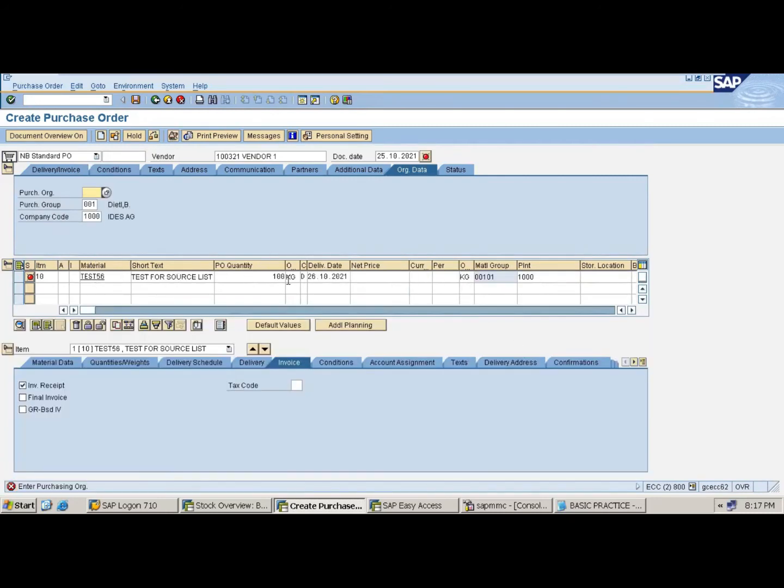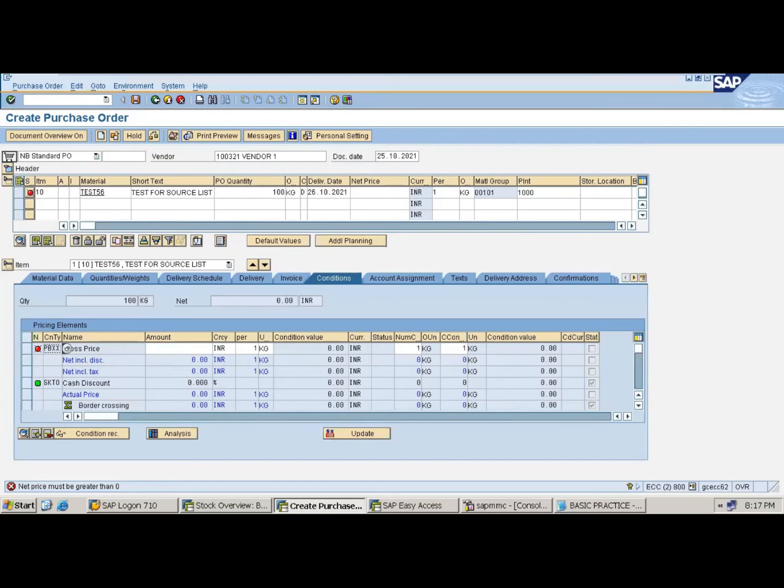The data should be fetched from the PR. Purchasing organization 1000, enter. Price should be greater than 0, 10. Let me check. Okay, no message issued. So go for the save.